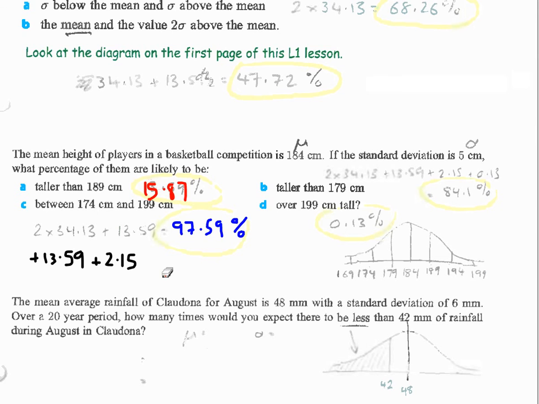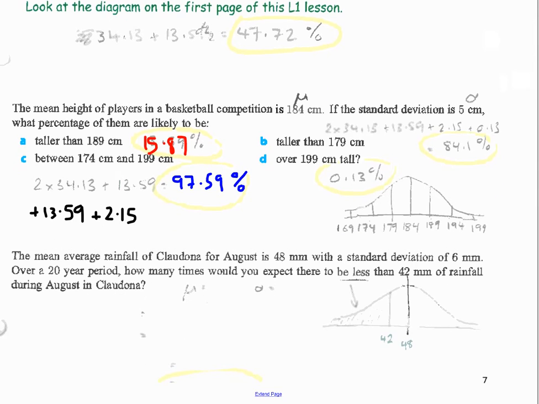Here's another example here. The mean average rainfall of Claudona for August is 48 millimeters. So if you draw your normal distribution, 48 is the mean. So mu is 48 millimeters with a standard deviation of 6 millimeters. So sigma is 6 millimeters. Over a 20-year period, how many times would you expect there to be less than 42 millimeters of rain during